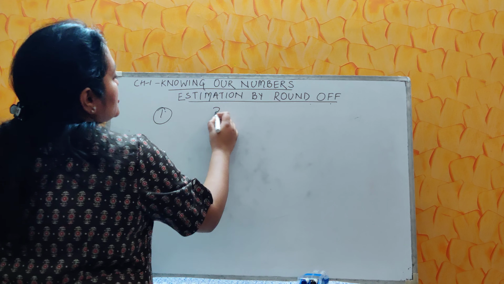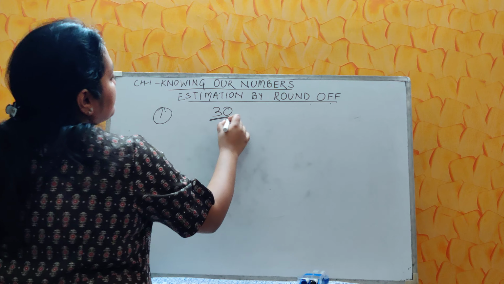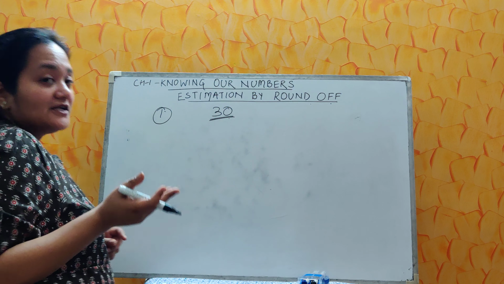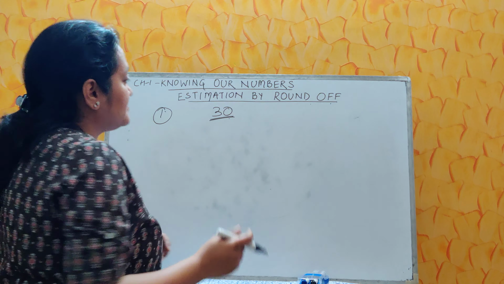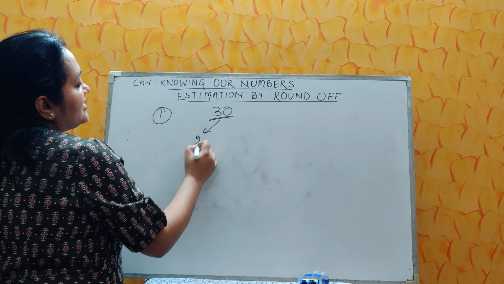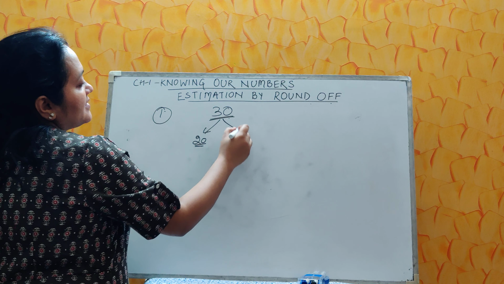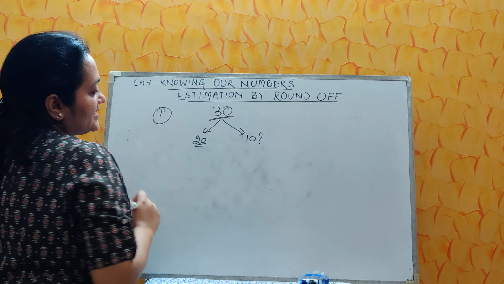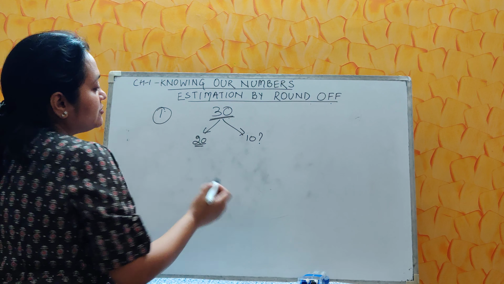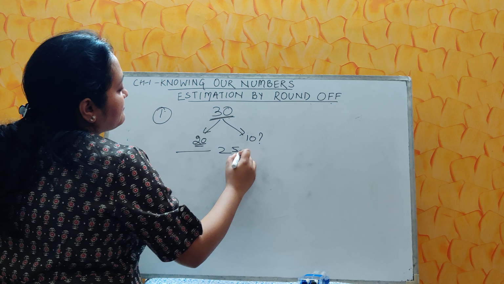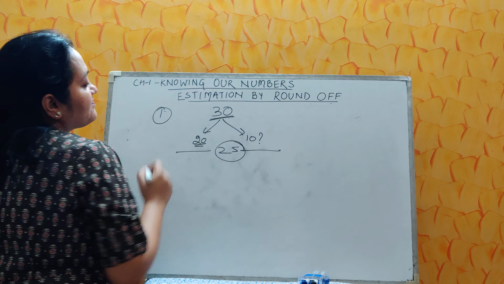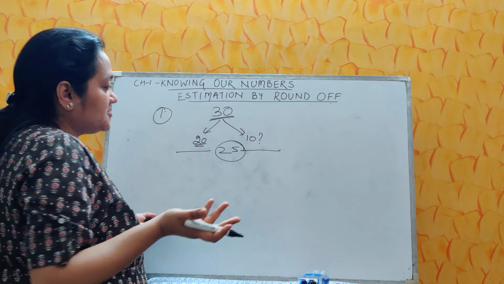Suppose you are arranging a party where you have invited 30 of your friends. It's not necessary that 30 friends will turn up, but you are sure that 20 friends are definitely coming. About the remaining 10 you have no idea. Then what your mother can do, she will prepare a feast for 25 friends. This is estimation or approximation.